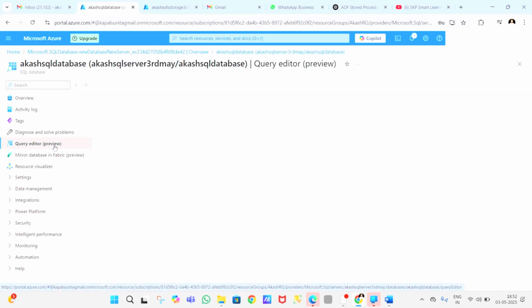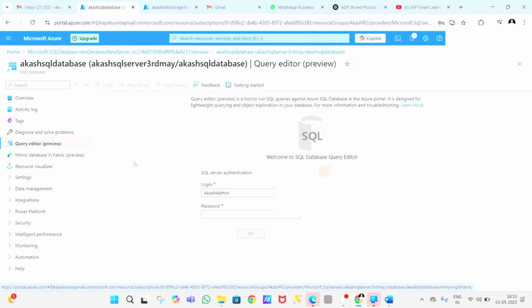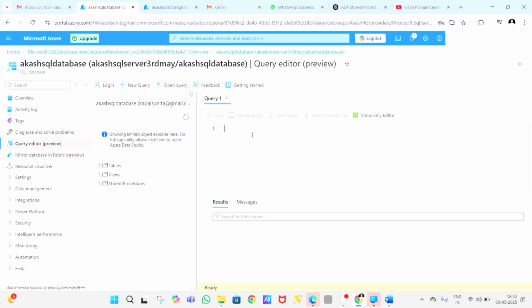Click on that. After clicking on that, you can see your login Akash admin, and you have to give the password. That's why I told you to always remember the password. So click on OK. Here you can see guys, the SQL database has been opened.